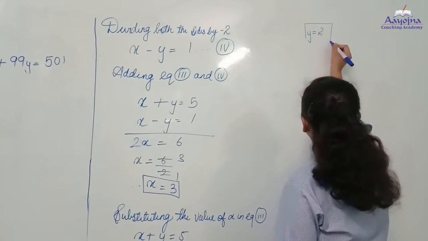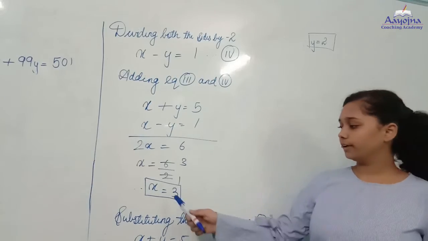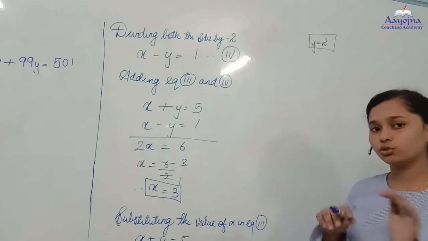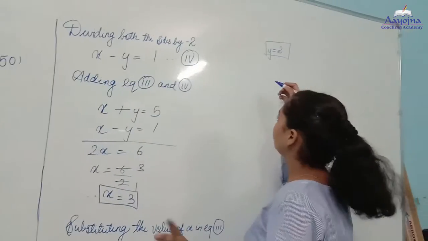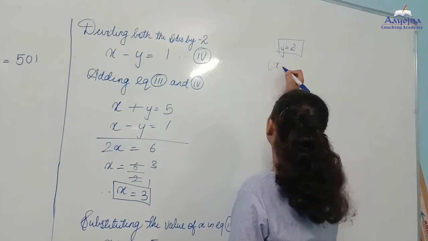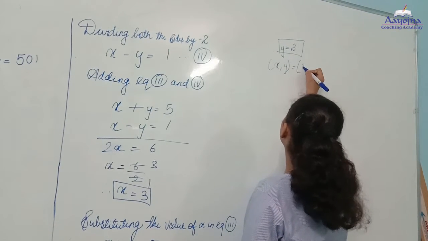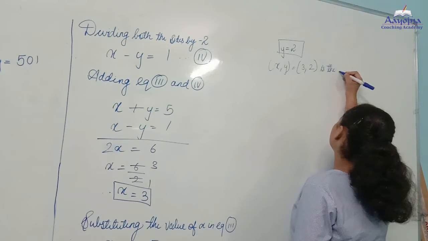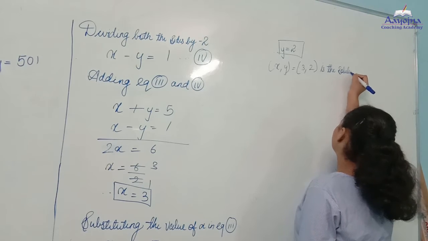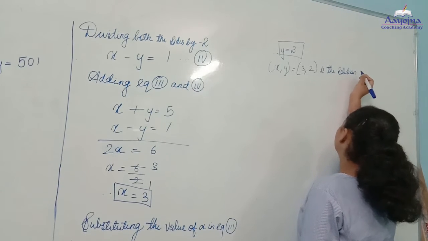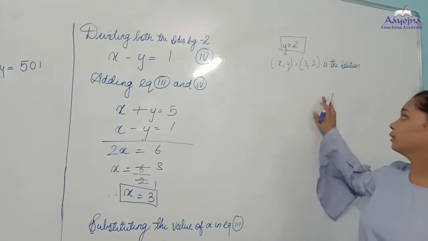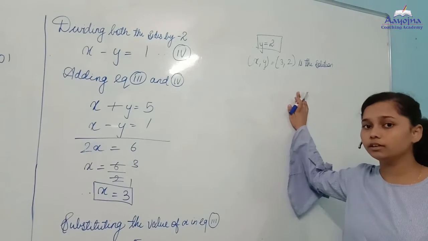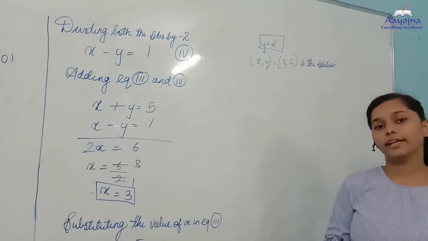Here we have got the value of y as well. Value of x is 3 and the value of y is 2. We got the value of both the variables. So here we are completed with this sum. We'll write the final statement, that is x comma y is equal to 3 comma 2 is the solution. So here we are completed with the 7th sum from the first chapter, 1.1. This sum is over. Now we will do the next sum.